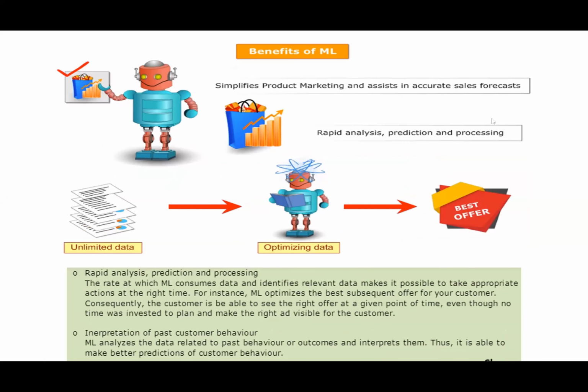thing is the next benefit of ML, right? So I have unlimited data. I can optimize that data to give me the best offer. Until recently, the offers on Amazon, Flipkart, Myntra were all quite common, and they are quite common during this time also. But there is one major improvement, which is that we get offers based on our individual